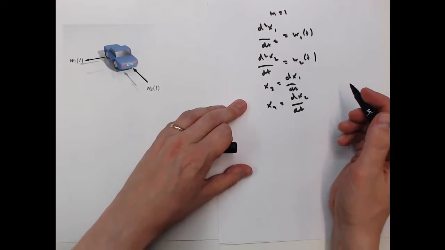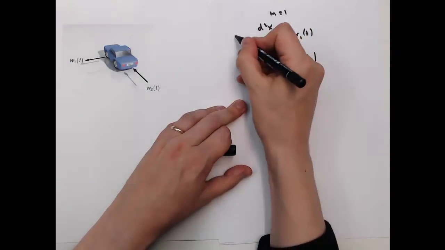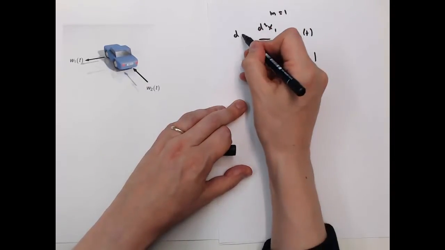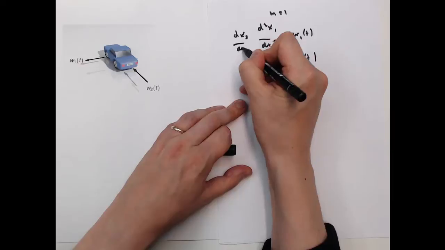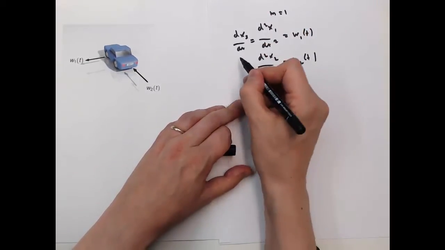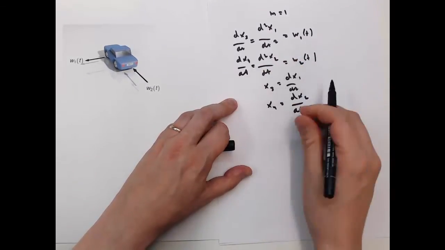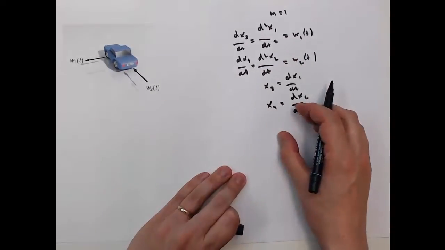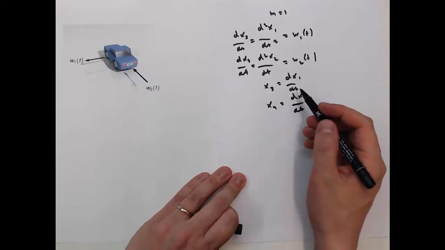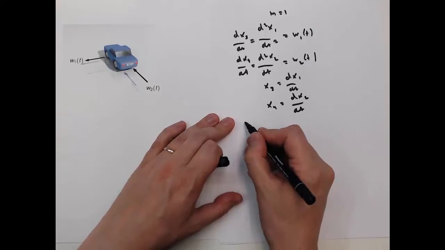And now we can rewrite this as the first derivative of x3 and this as the first derivative of x4. And now if we collect all the equations together, we can write this down as